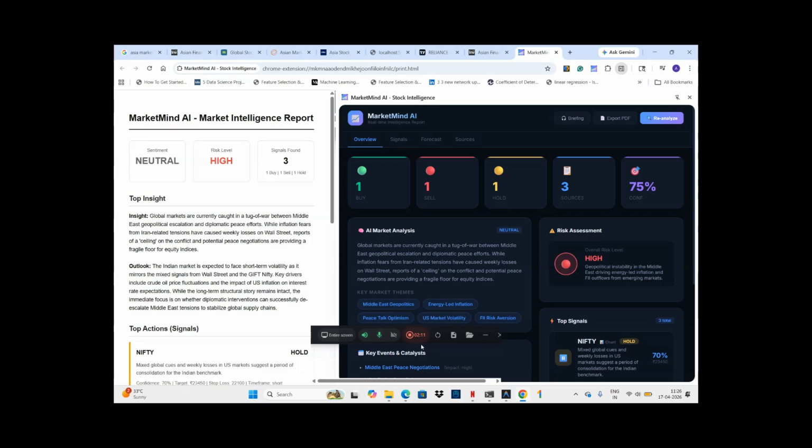Global markets are currently caught in a tug-of-war between Middle East geopolitical escalation and diplomatic peace efforts. While inflation fears from